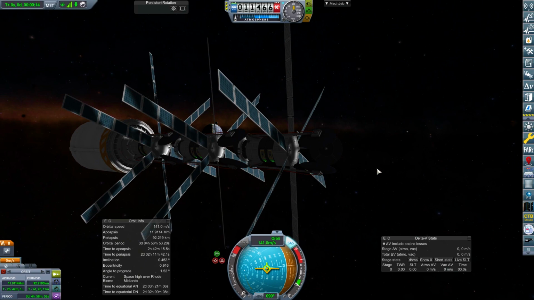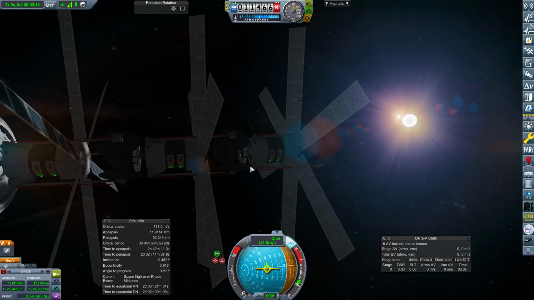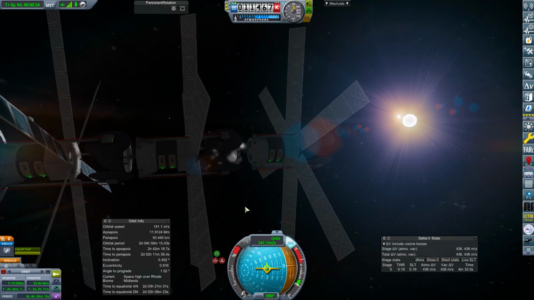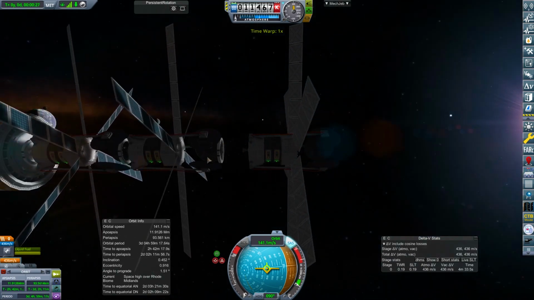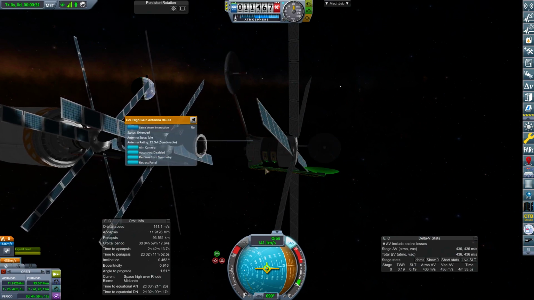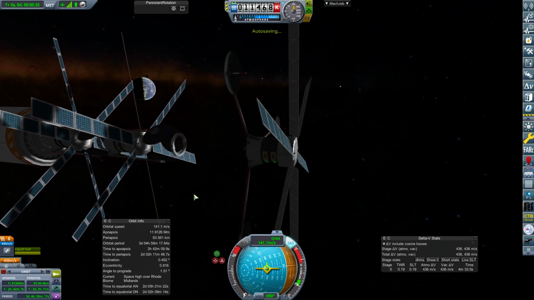Can I arm that? Hello. I have fuel. Does the aphid use that? Oh, there we go. Just need to activate it that way. Okay. All right. And then I'm going to extend that antenna, extend that antenna, extend that antenna, and then we also need to